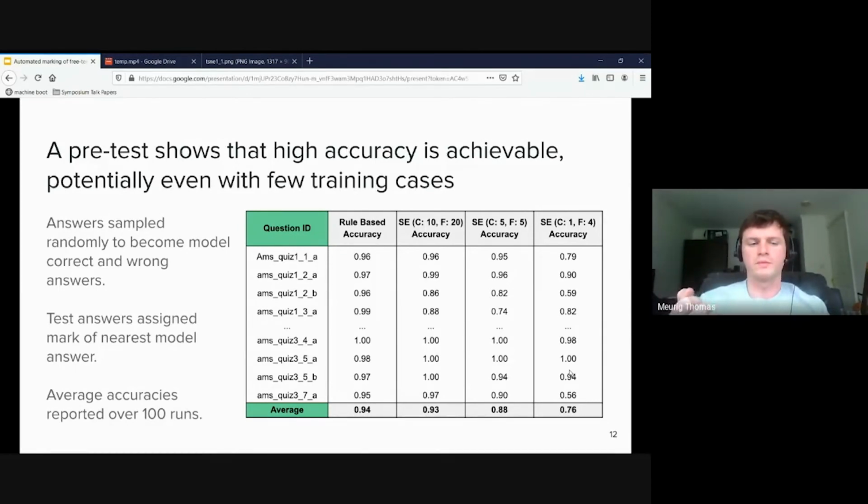We would expect that curated selection of the model answers would give better results than this. And it's quite interesting that it worked relatively well in some cases with so few samples, because